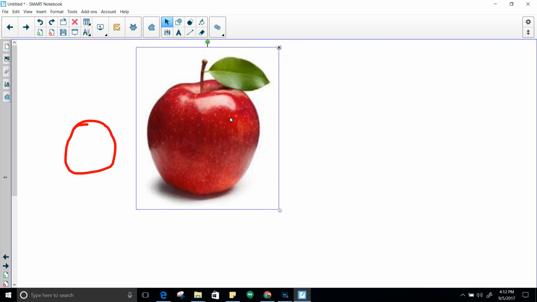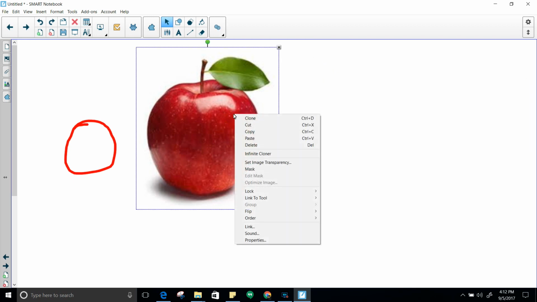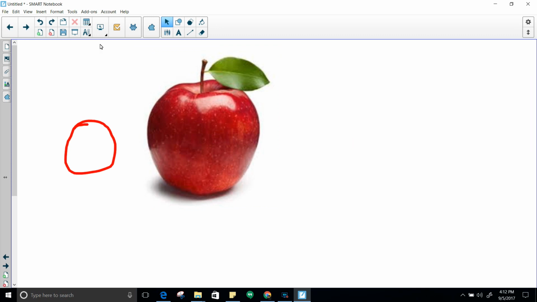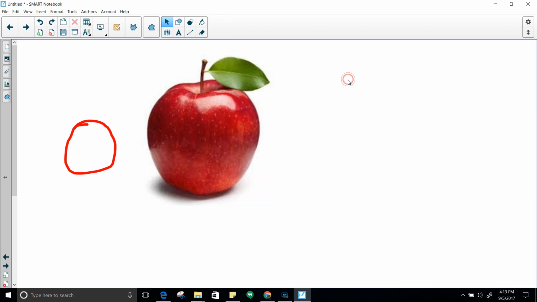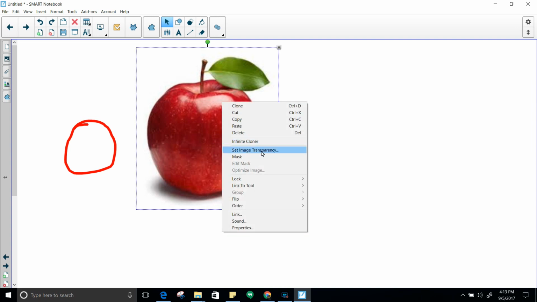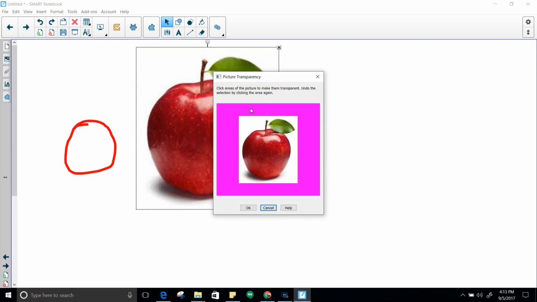Now when we select this, right click, then come back, for transparency. Okay, the image transparencies, select the object, click on set transparency,